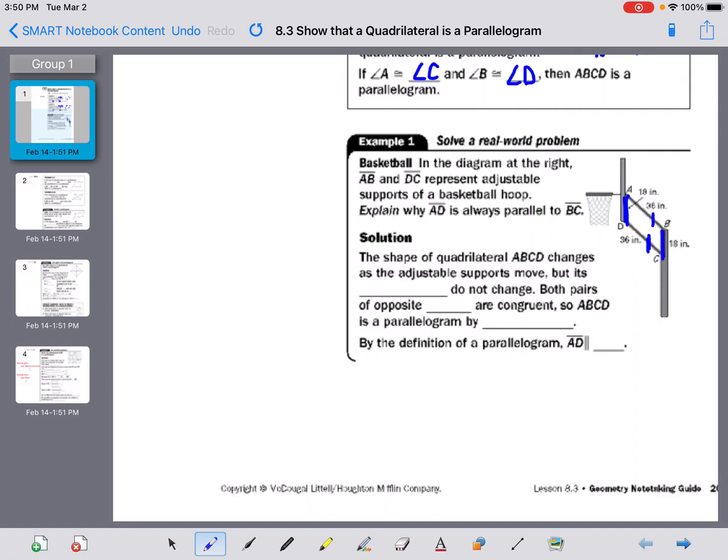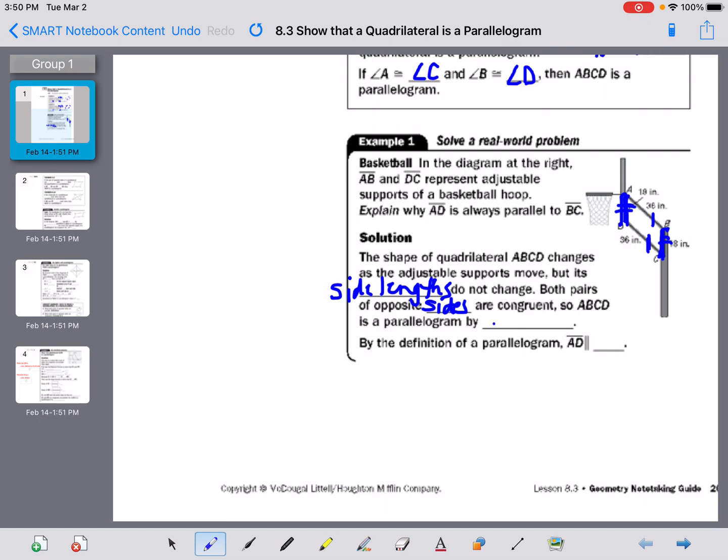Well, one thing we know is every time we change the height, those 36 inches don't change, right? Those bars move as far as the angle, but the lengths themselves do not change. So we know the side lengths do not change on the bars, and where the bars are attached to the back of the hoop from A to D is 18 inches, from B to C on the pole is 18 inches, so those are also congruent lengths, and those can't change when you move the height of your basketball hoop up or down. So because both pairs of opposite sides are congruent, we know that that has to be a